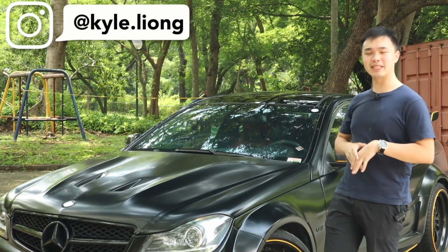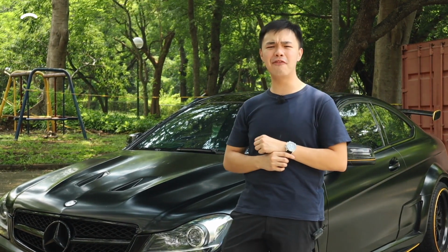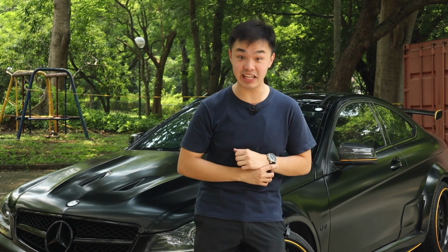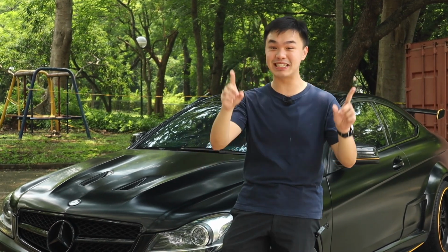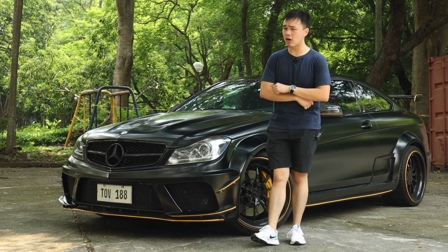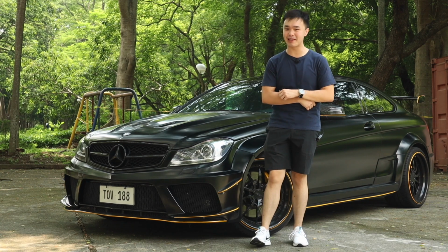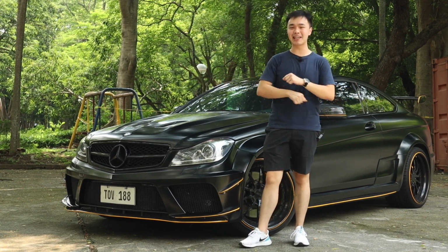downright obnoxious but still oh so sensible family coupe that you can have fun with on every single day, then Mercedes Benz has a car just for you. This one right here is Second Skin Industries' Archie Chiang's Mercedes Benz C63 AMG Coupe. Today I'm going to show you around this car and I'm also going to give it a test drive, so